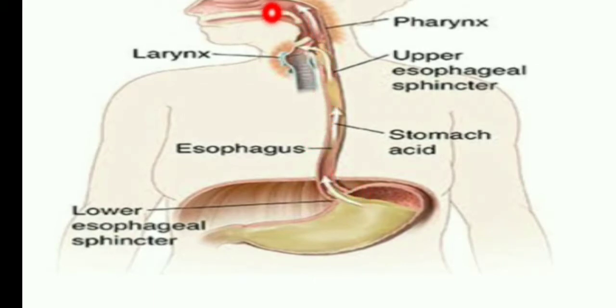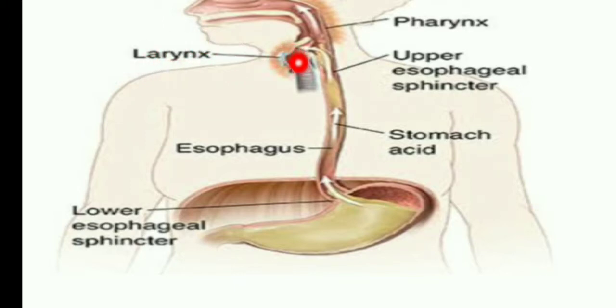Okay, and the second one is the trachea. What is our topic? Tracheoesophageal fistula. What is the trachea? Another name for the trachea is windpipe, commonly known as the windpipe. It is a tube about 4 inches long and less than 1 inch in diameter. It lies just under the larynx. It starts from the larynx, and the larynx is also called the voice box.